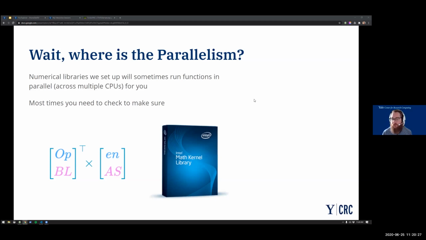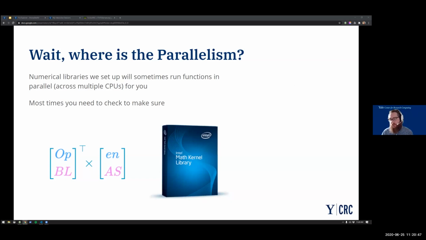We've tried to, where it's really easy to do so, implement the necessary math libraries and settings so that those just happen for you.